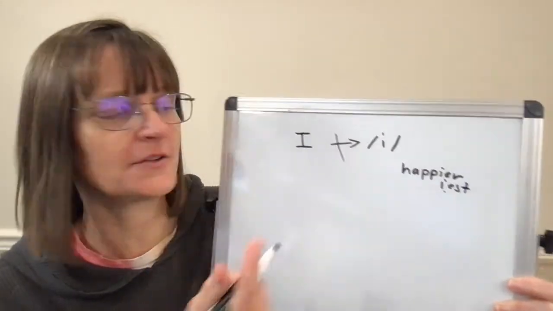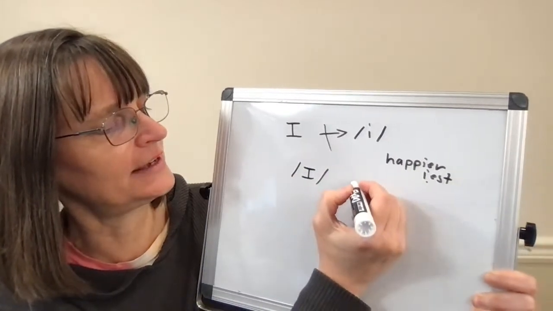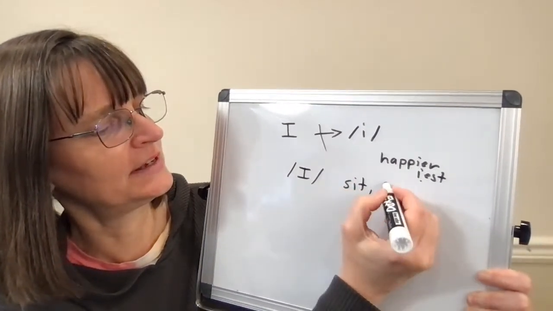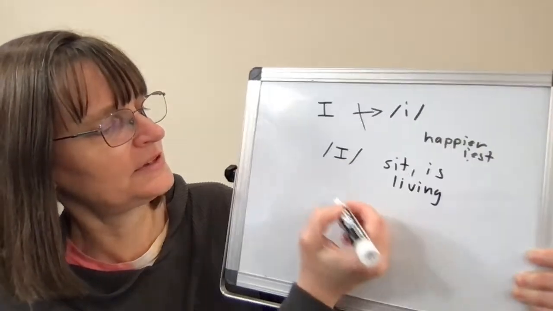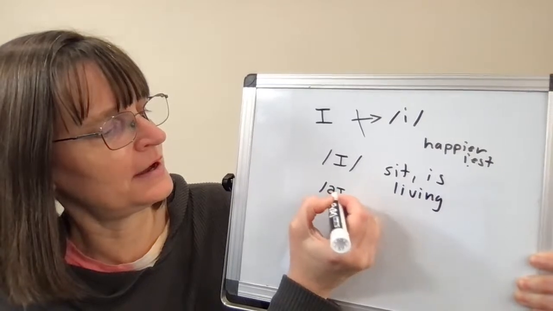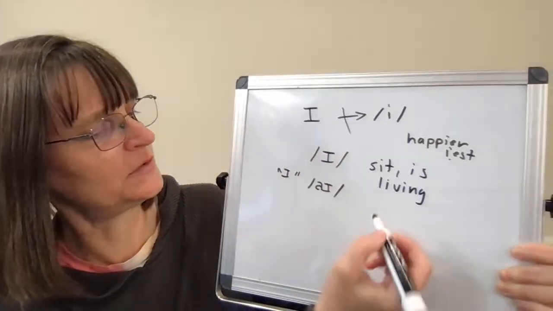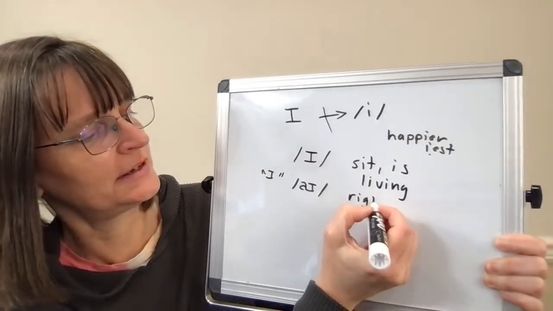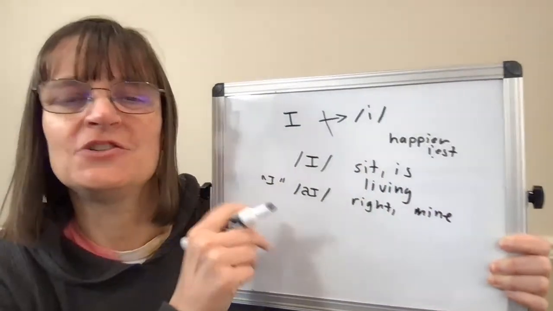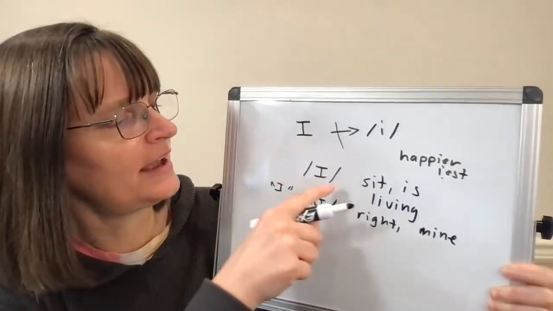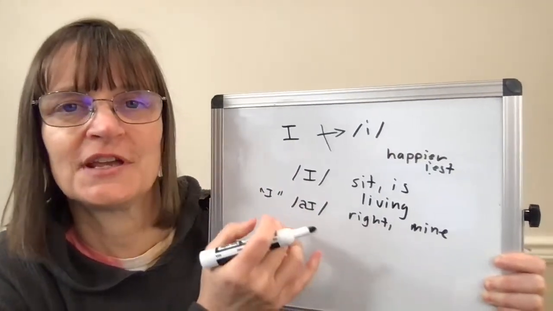if you see letter I in English, it's going to say one of two sounds. Most often, it's going to say the I sound, like in sit, is, and living. And sometimes it's going to say the diphthong I, which is in words like right and mine. And so just looking at the I and thinking about the sounds that it makes can be helpful in pronunciation,